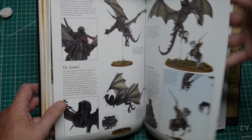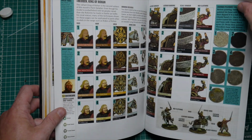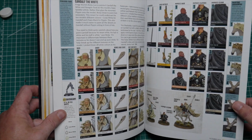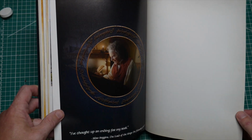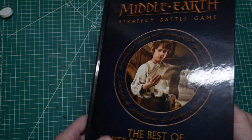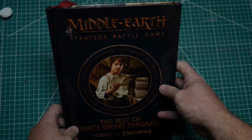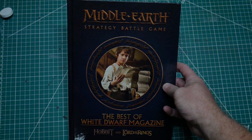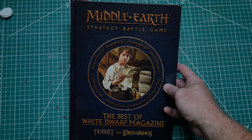I may have made some mistakes when describing these, as I'm trying to flick through at a reasonable pace to keep this video short enough, and that's the end. I'm happy with it. It's not going to be for everyone. It's reprints of stuff that's in White Dwarf. It's not going to be for everyone at all, but if you're a collector like me that wants to put